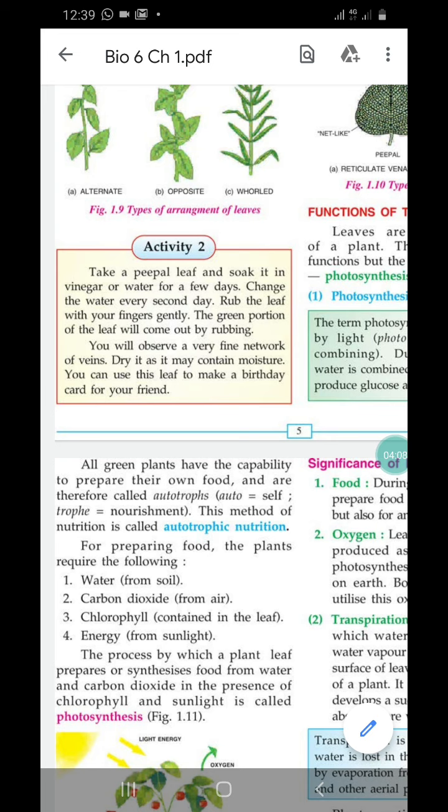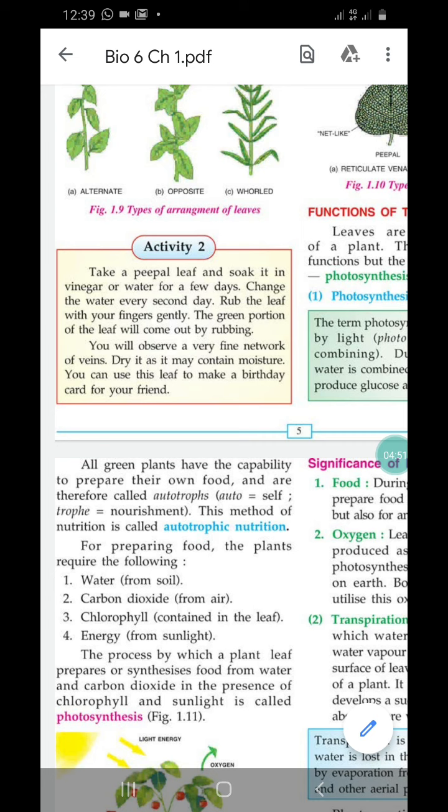Third one is chlorophyll. Chlorophyll is green color pigment. Pigment is nothing but color. Leaves are green in color due to the presence of chlorophyll. This chlorophyll plays a major role in the process of photosynthesis. Fourth one is energy. Energy from sunlight. So, during photosynthesis, the chlorophyll absorbs energy from sunlight and breaks the bond between carbon dioxide and water, combines carbon and hydrogen to form glucose. This is what happens in